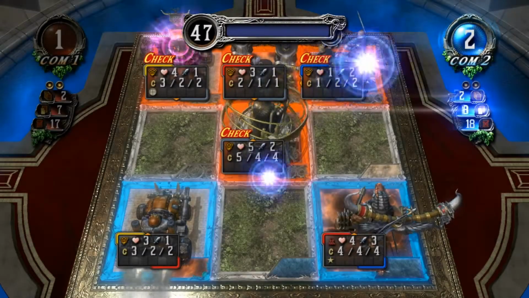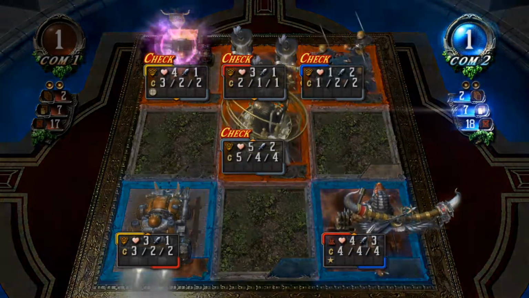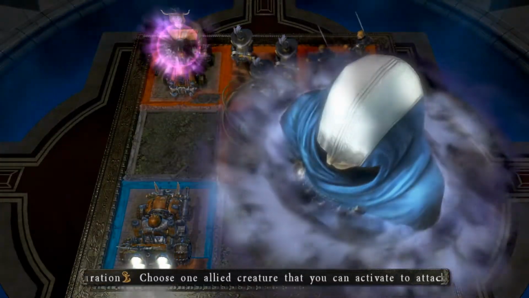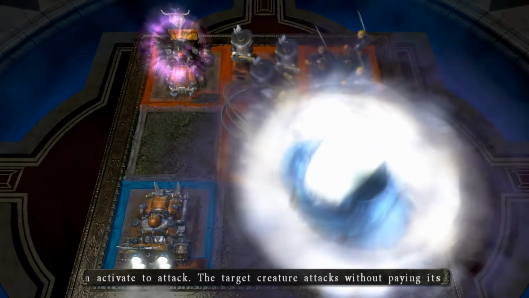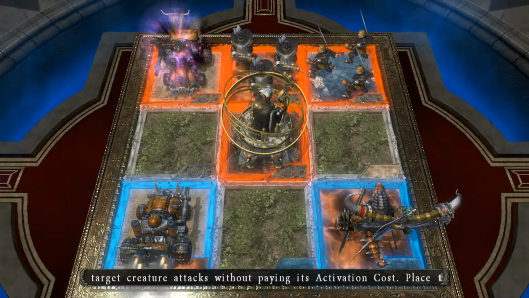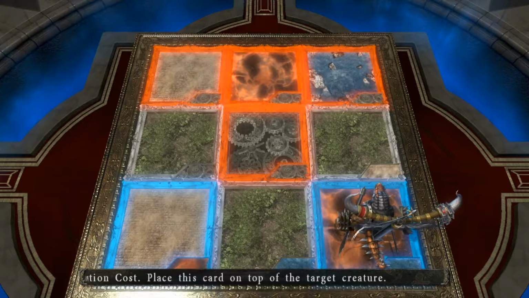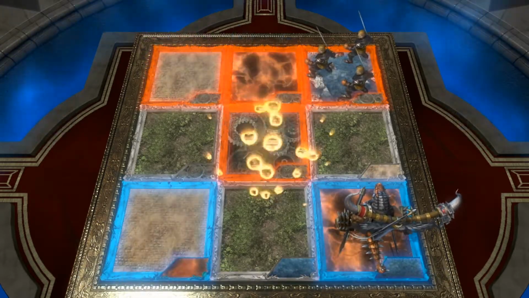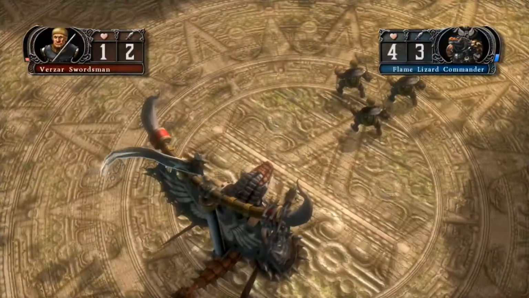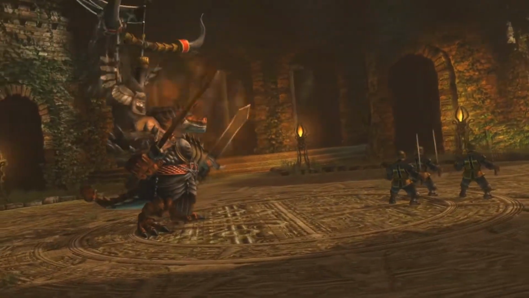Computer 2 will likely attack and kill those swordsmen. Mana release. D's command. Attack. I don't actually remember what D's command is, but the